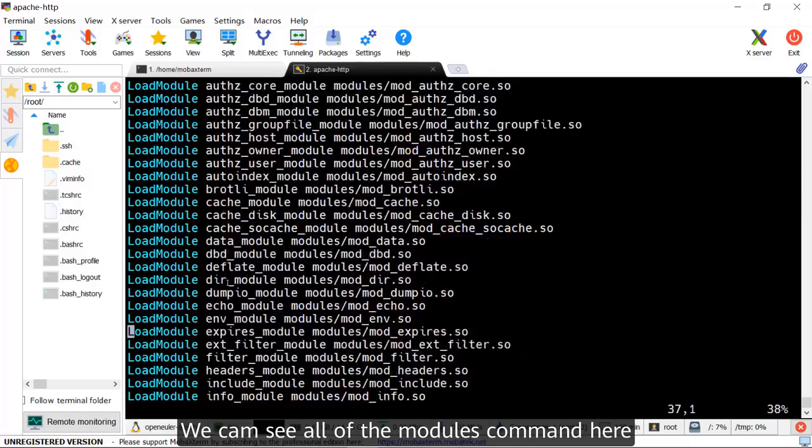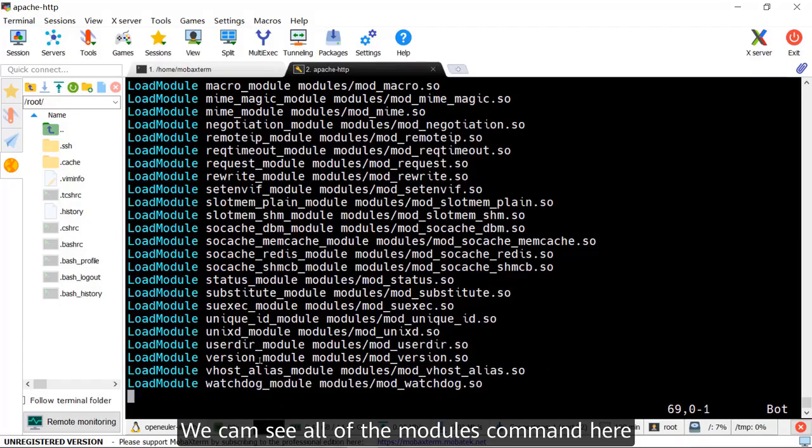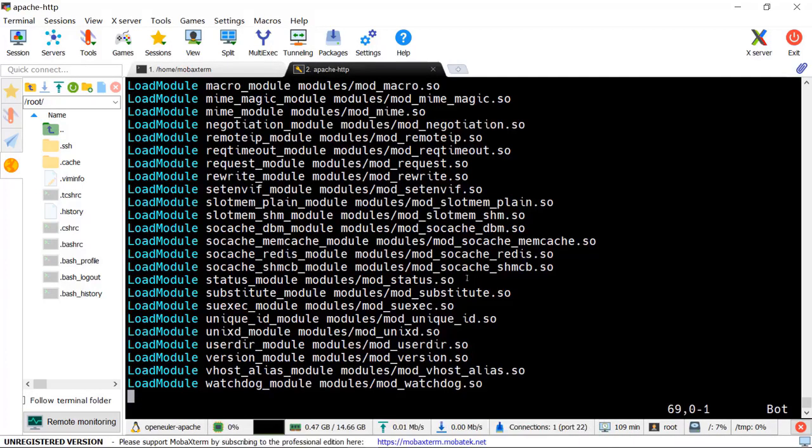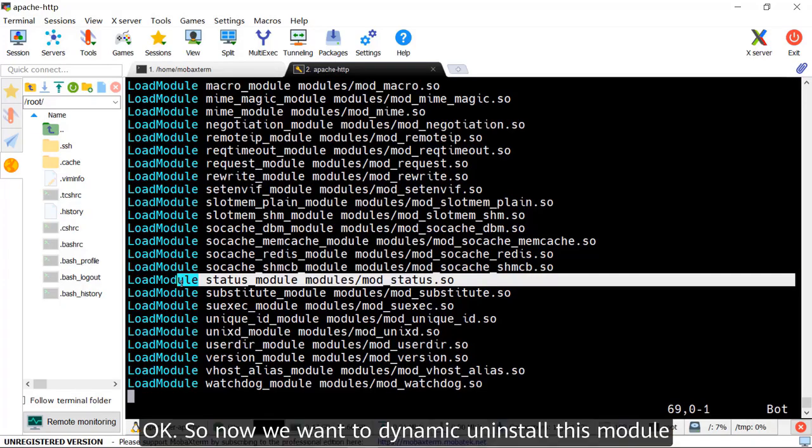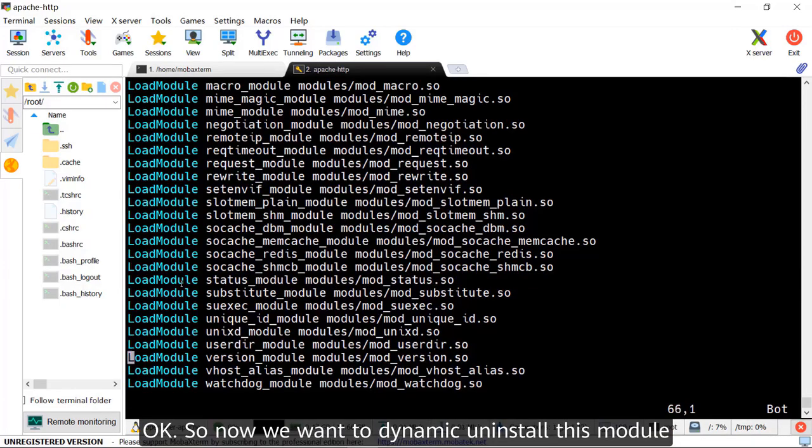We can see all of the modules command here. And here we can see the status modules. It has the load module status.so file. Okay, so now we want to dynamically